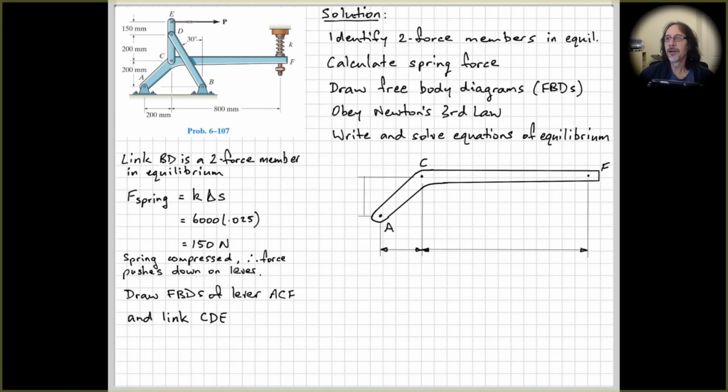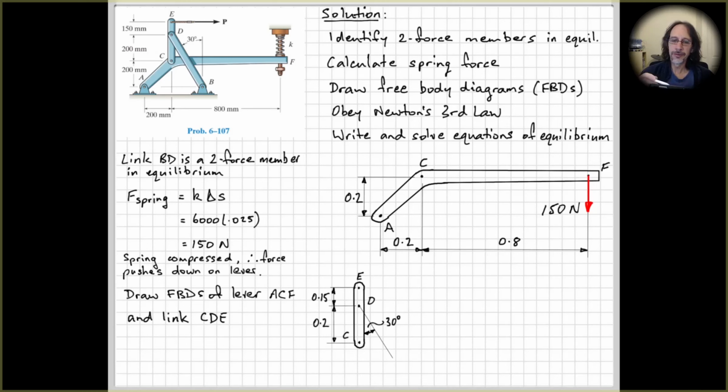So I've started by drawing the free body diagram of the lever ACF. If we put on our force over at where the spring is, 150 newtons, and then instead of looking at that, let's have a look at link CDE. I've got my input force here, P, that we're trying to find. Then, as before, link DB is a two-force member in equilibrium, so I know the direction